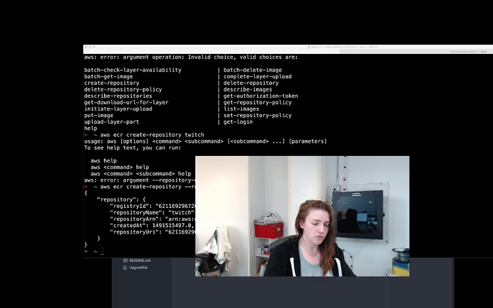I pushed my branch. My branch ran specific tests, and then I had two kinds of deployment cases. I had a staging environment, which is an exact copy of my production environment, other than it had different databases and things. Commits to the develop branch went to my staging environment, so I built them. I pushed the tags to ECR, and then I deployed. I basically updated my service with my new task provision